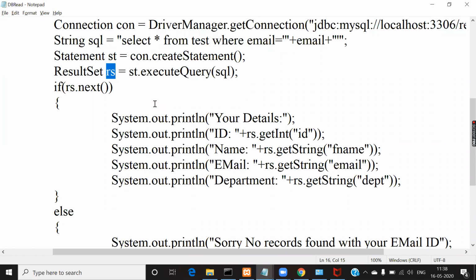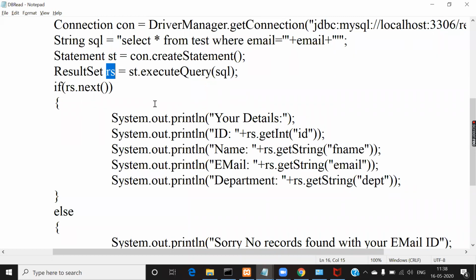Okay, so once this ResultSet object is obtained after executing the query on the database, then you have some methods like the next method, previous method, and these methods will be parsing through all the rows of the database. Say for example, 3 rows have been retrieved from the table. Then when you call the next method using this ResultSet object, it will read the first record in the result set that is retrieved.